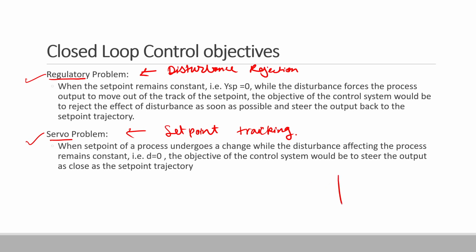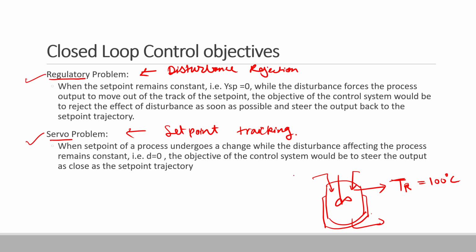So let's say we have a reactor, and our main aim is to control the temperature of the reactor. Our aim is to maintain the temperature of the reactor at, let's say, 100 degrees Celsius. And then there can be additional disturbances in terms of